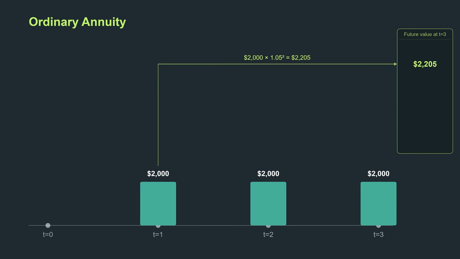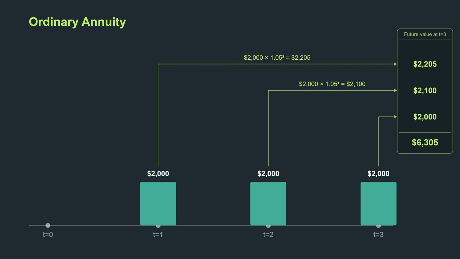The payment at t equals 2 compounds for 1 period, resulting in $2,000 multiplied by 1.05, or $2,100. The payment made at t equals 3 is made right on the future value date, so it doesn't compound at all. Adding these together gives a future value of